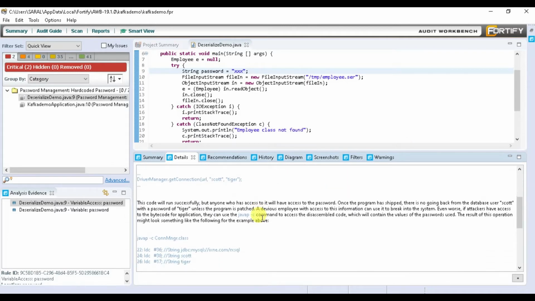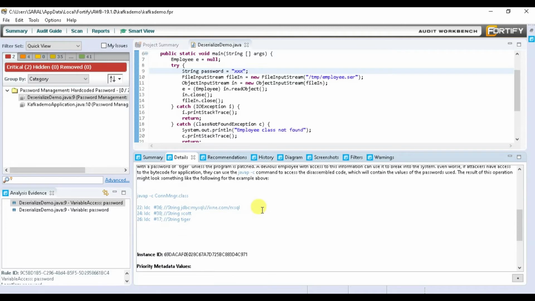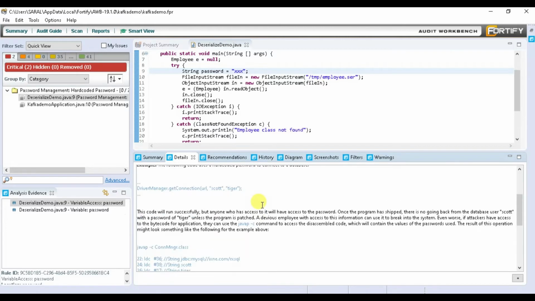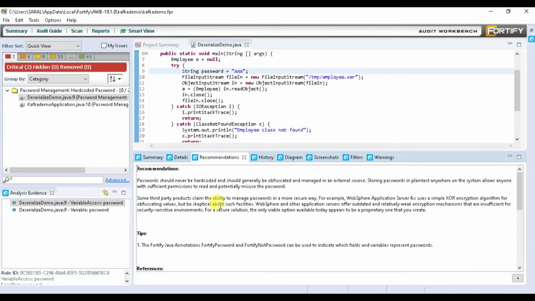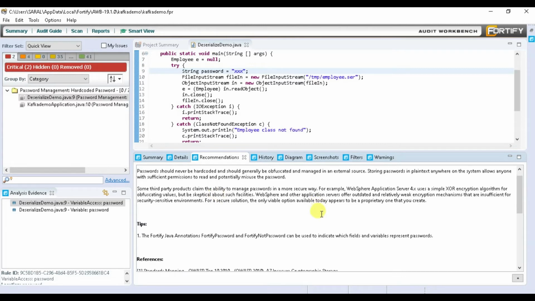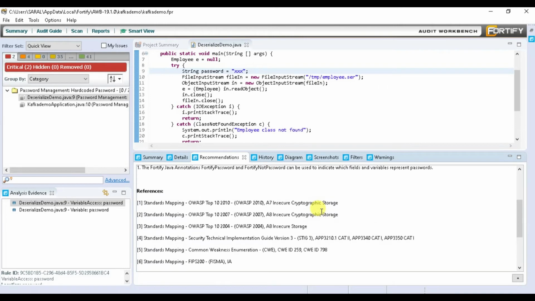It's showing us one demo of where a hard-coded password has been used, and it's showing the severity. The second good thing about it is that it also shows you recommendations on what a developer can do in order to overcome these issues. It shows you all those options, and it also shows that these things come under the reference of the Open Web Application Security Project Top 10 rules.